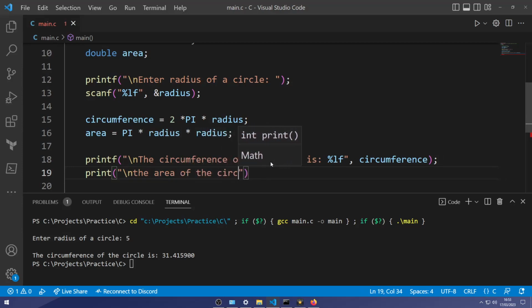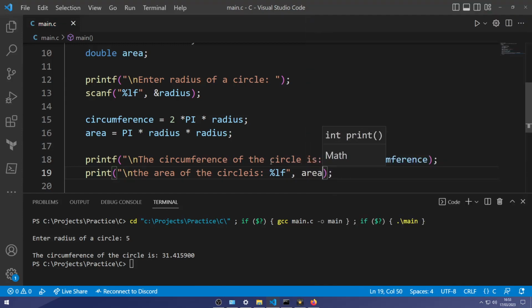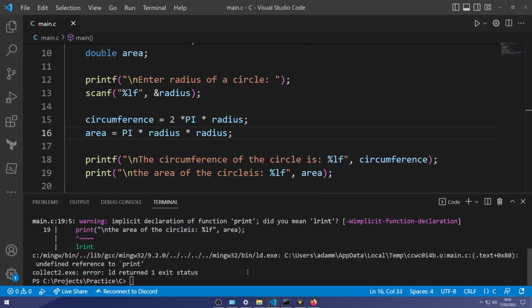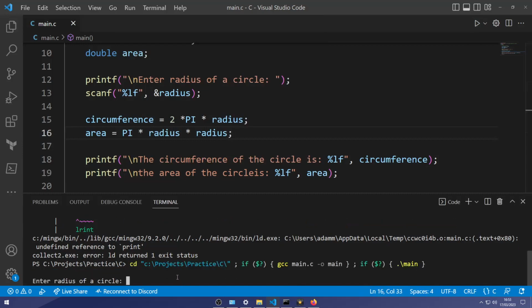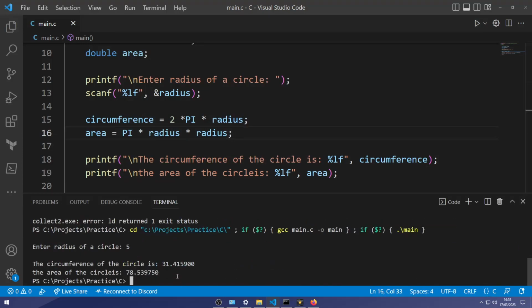The area of the circle is, it's going to be a double type. And we'll do area. And what did I miss? Oh, I missed the F. All right, enter the radius of a circle, 5. All right, it shows the circumference and the area.